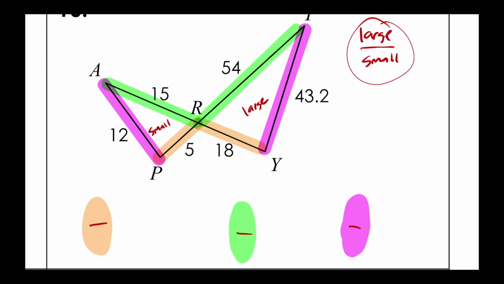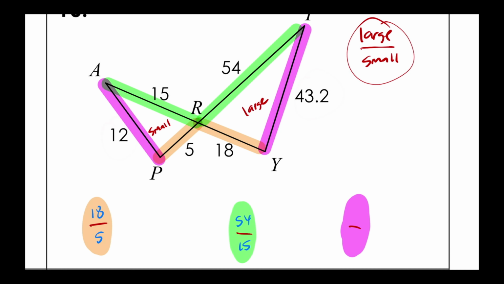So let's do the orange one first. So the orange one, large to small. So orange is here and here. So the large one is 18 and the small one is 5. So I put 18 on the top and 5 on the bottom. Then I go over here to the green. Green is 54 and 15. So I'm going to put the large on the top and the small on the bottom. So 54 and 15. And then the pink,